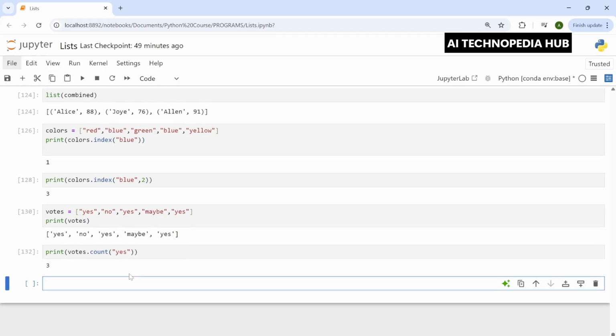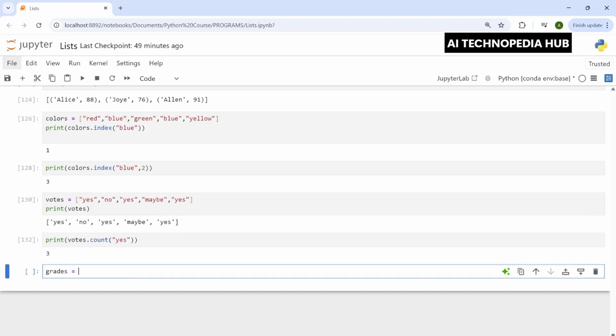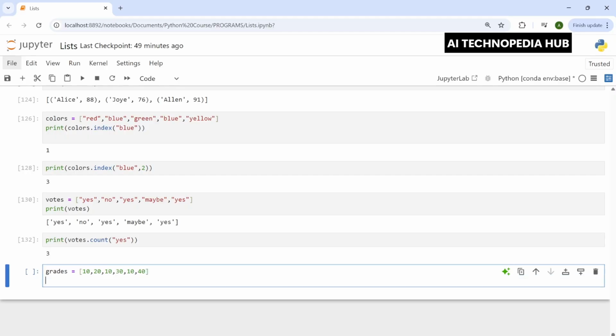Here's another example with numbers. Let's say we have a grades list with some repeated values: 10, 20, then again 10, then 30, then 10, and then 40. Now let's print the grades list.